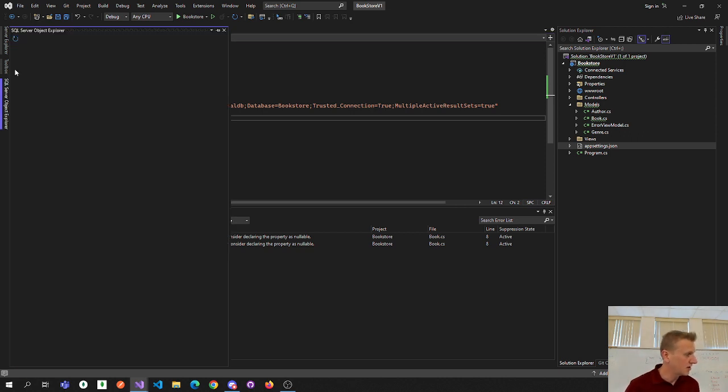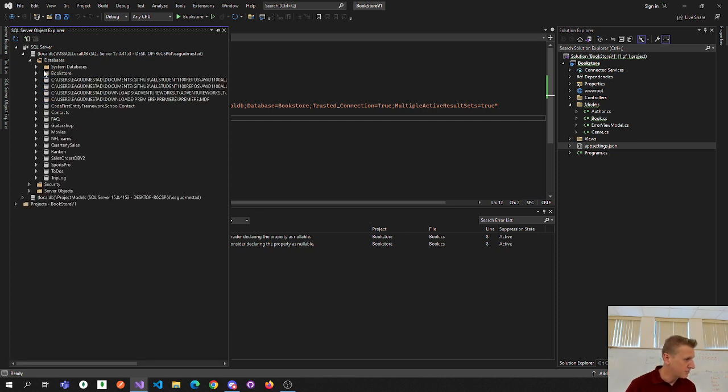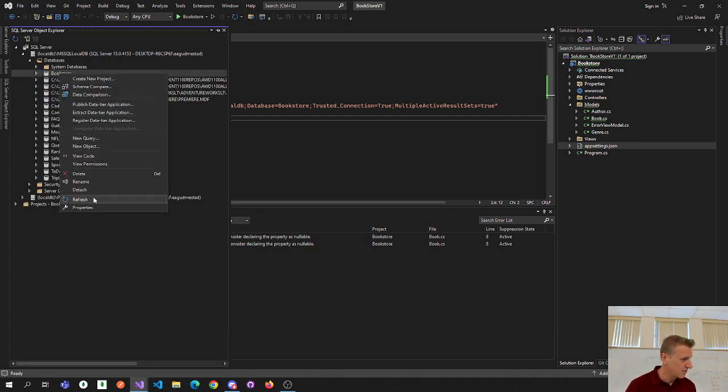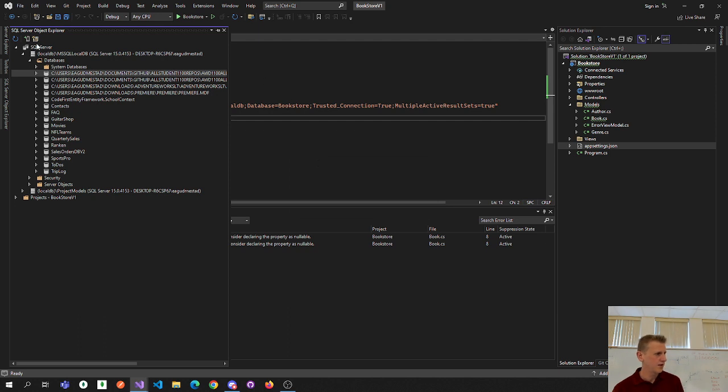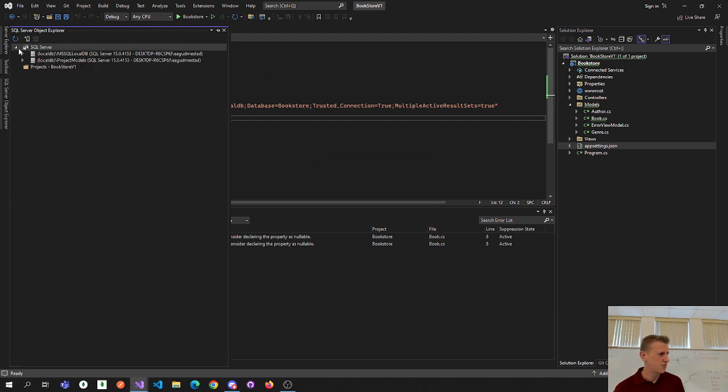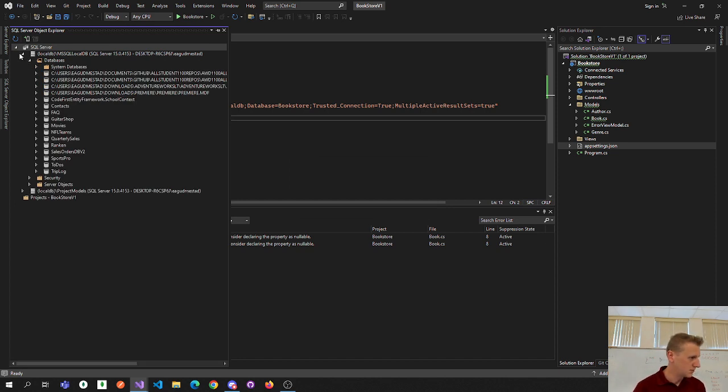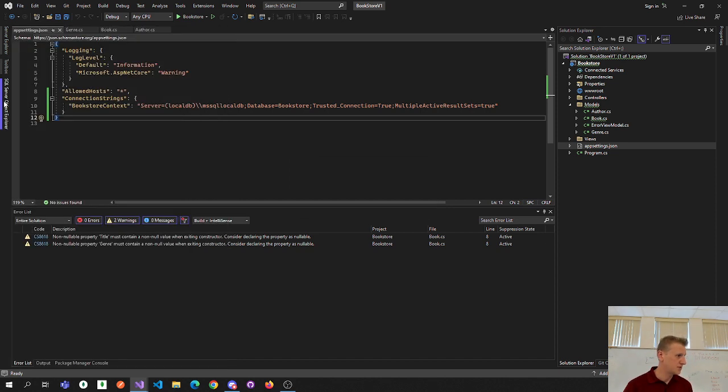I'm just going to go into my SQL Server instance and delete the bookstore that's there, because we're going to be recreating it. So the bookstore database is no longer there under Object Explorer, and I've got my appsettings configured. The other thing is dependency injection, again just doing a little copy and pasting here from last week,